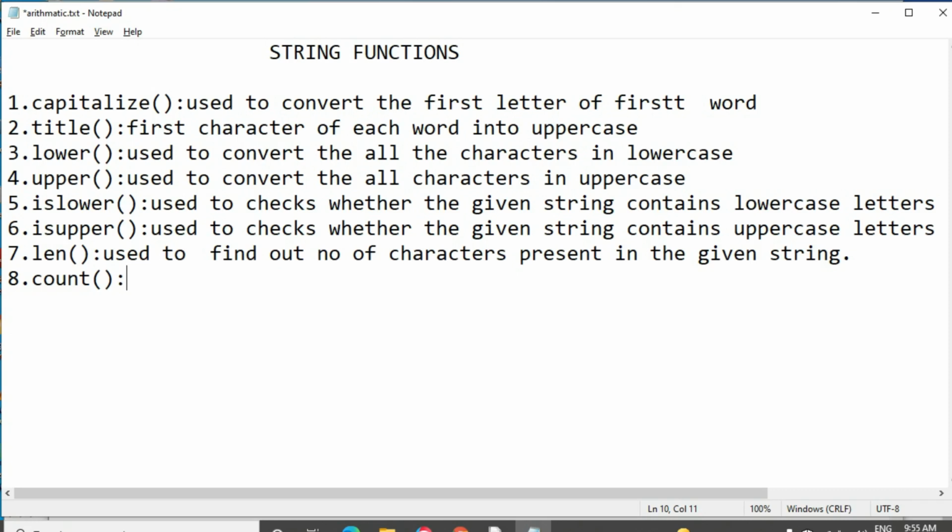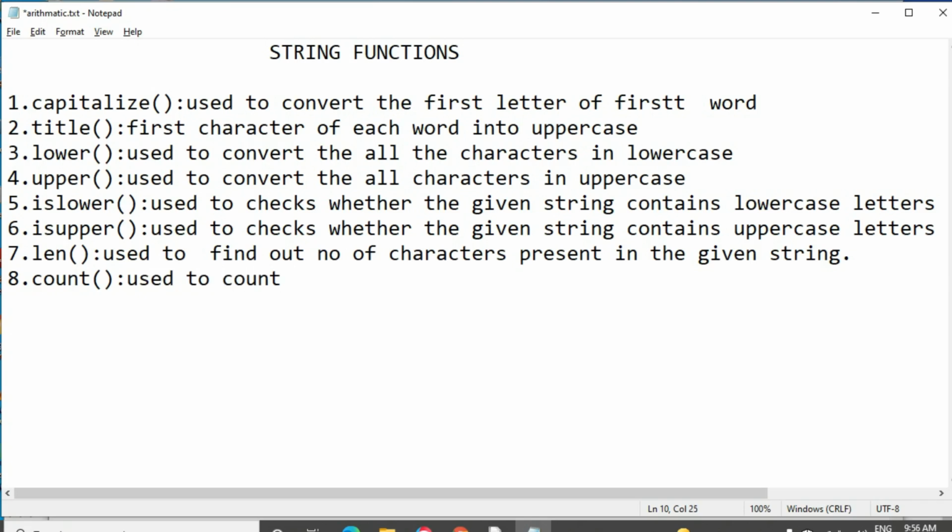The length of function counts the total number of characters in the given string, but the countof function displays the number of repeated occurrences of a specific string. For a particular string we have given n number of O's or S's. We want to count how many times the S is present in the string, how many times the O is present in the string. That time we will go for the countof function.